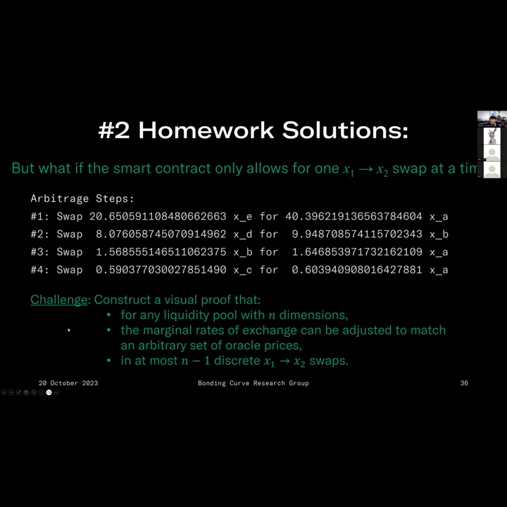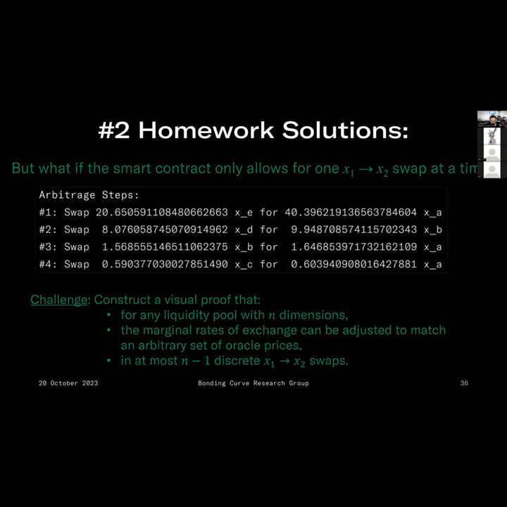And as a hint, if you start thinking about a small number of dimensions first, you will then realize that the way that these manifolds build, it's trivial to demonstrate this. But the method that I have, you will always generate the solution in at most n-1 swaps. Not all general methods will. So there's actually an infinite number of ways you can rebalance this pool. And that brings me to